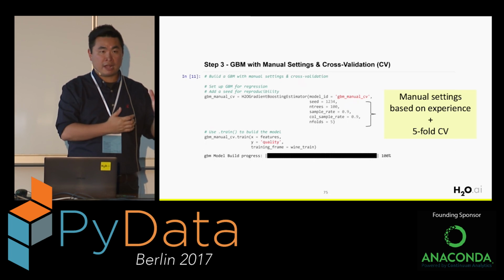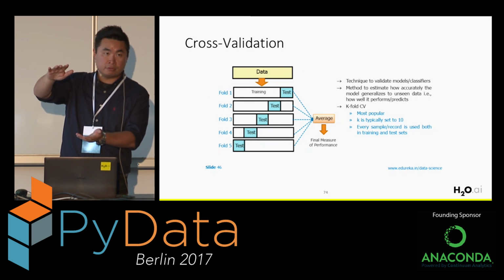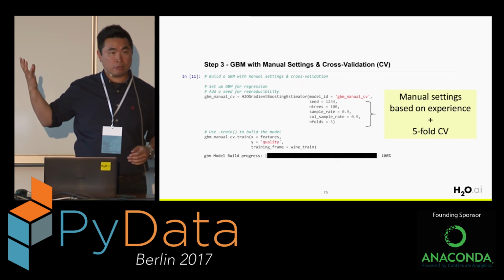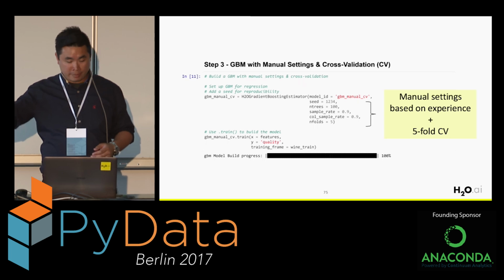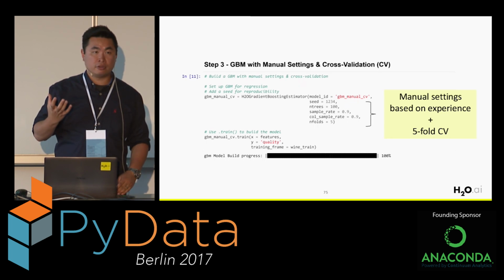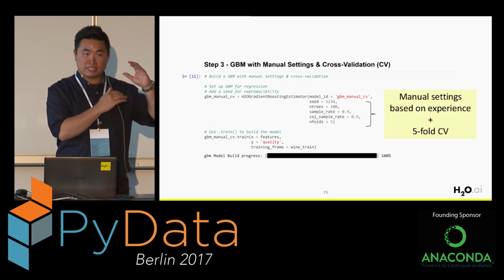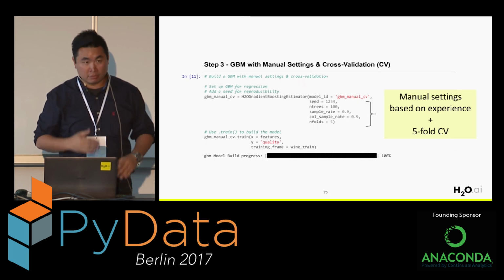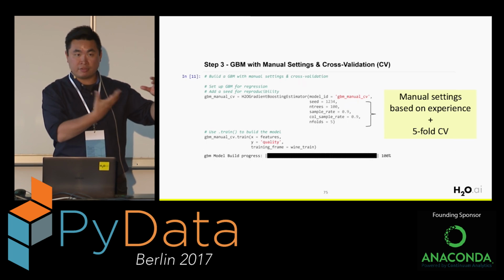This time I use 5, so it means that it will do the same thing as I showed on this graph. You will create 5 different folds to do the cross-validation. So that's all you need in H2O. Just define the number of nfolds, and it will do the training in the back end. I didn't change the settings for the sample rate and the column sample rate, so you should expect the same performance on the test data set, because I didn't change anything in the settings. I only asked H2O to create the cross-validation for me to look at different measurements.